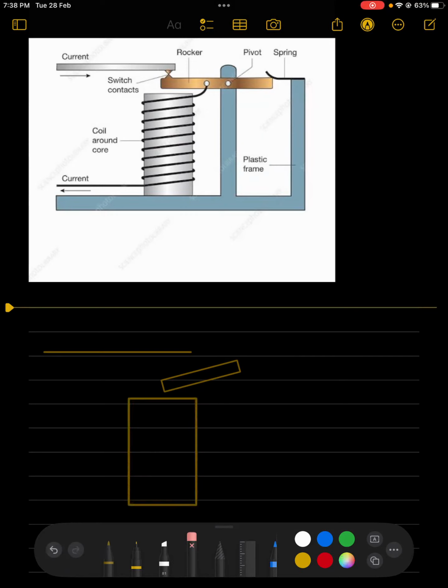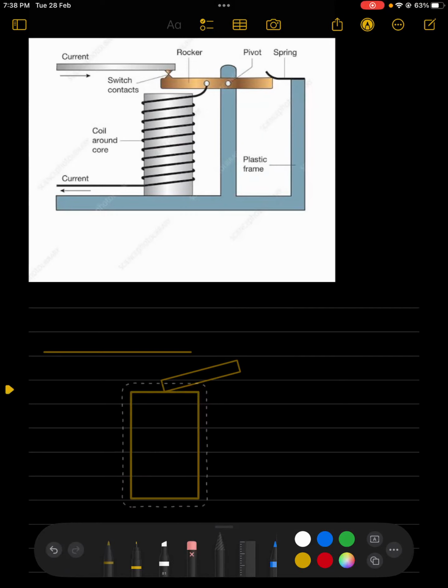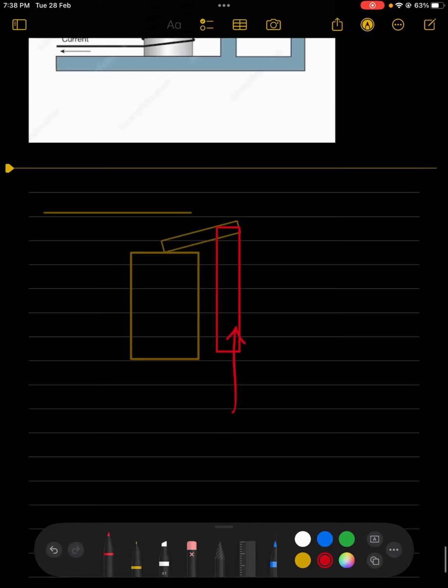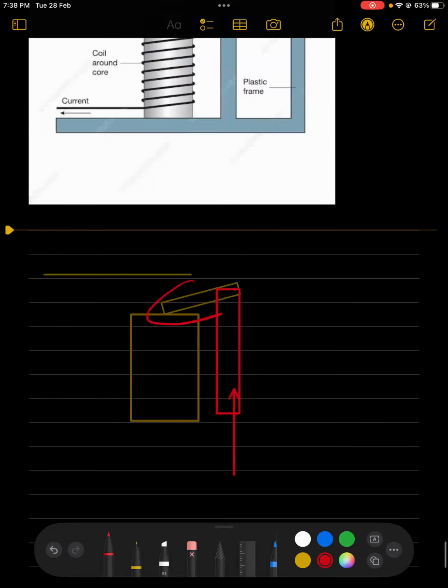So it would be attracted towards the core, और आपके जो करंट का कनेक्शन था रॉकर के साथ वो अब ब्रेक हो चुका है. Now to resume the power supply, what we do is we actually have a pivot right over here. So if we push this pivot upwards, तो आपका रॉकर जो कि नीचे स्लाइड डाउन कर चुका है